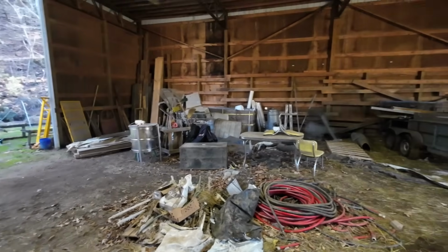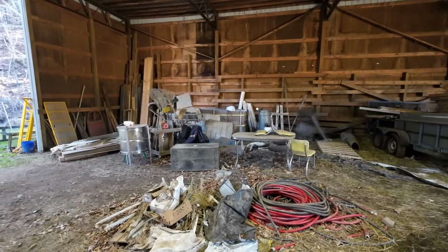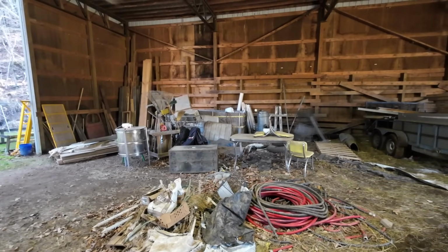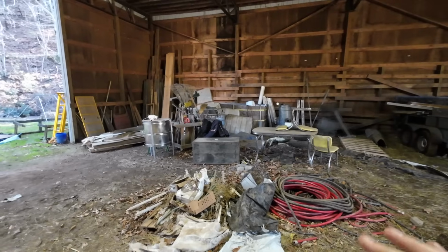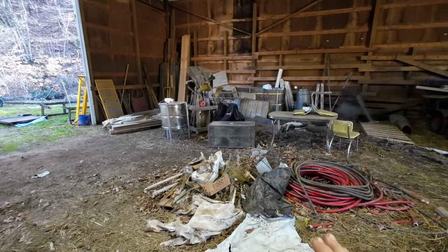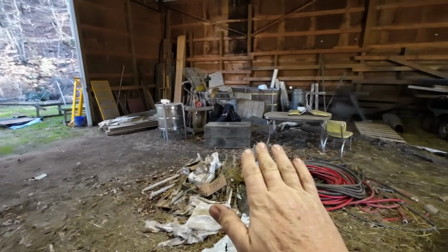So over here on this part of the barn, when we first moved to this property, this became where everything landed. All the stuff that we didn't have a place to put, didn't know what to do with, this is where it ended up. So we're going through this, and believe it or not, there has been progress made. Sonder took a whole pickup load of stuff to the dump yesterday. But what are y'all's thoughts? I have plenty of room to park the mill